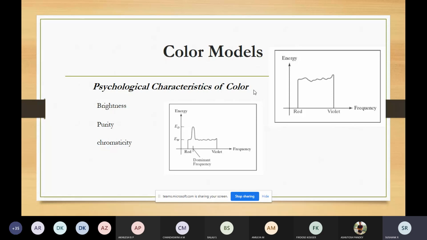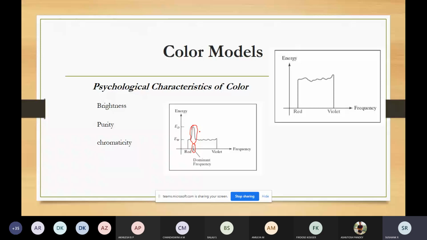Now you can see here the same thing. The image is here. So for the light, this is the energy distribution for the white light. So when it is incident on some object, see the dominating frequency. The dominating frequency is in this part. So the color corresponding to this will be visible. So violet, indigo, blue, green, or some orange color might be visible. So whatever is the dominating frequency, the color corresponding to the dominating frequency will be visible for the user.